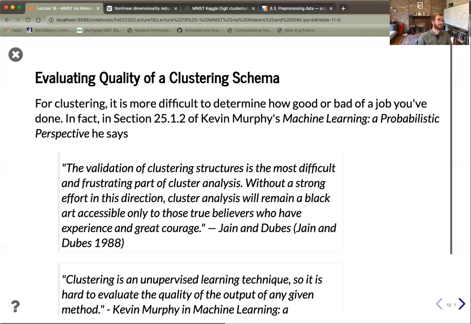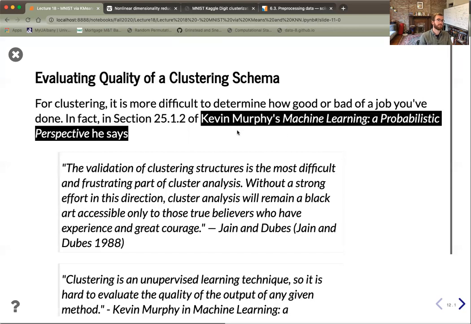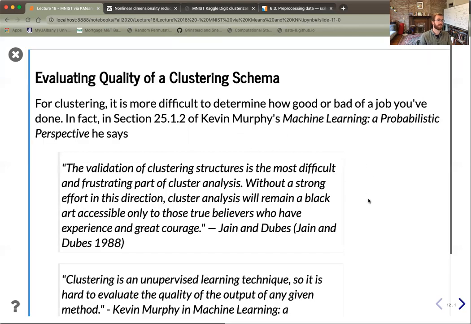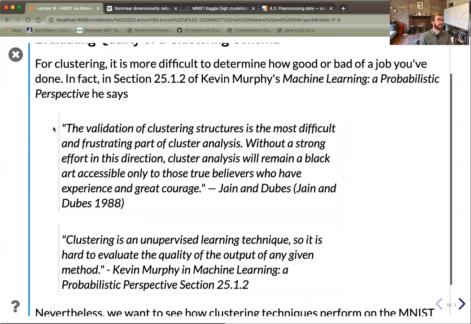For an understanding of why, I like these two quotes from Kevin Murphy's Machine Learning: A Probabilistic Perspective. He quotes two authors, Jain and Dubes, from a 1988 article. It says, the validation of clustering structures is the most difficult and frustrating part of cluster analysis. Without a strong effort in this direction, cluster analysis will remain a black art accessible only to those true believers who have experience and great courage. Sounds very lofty, but